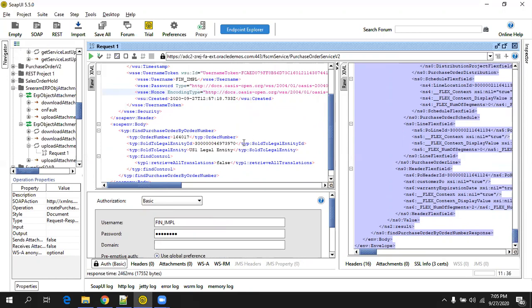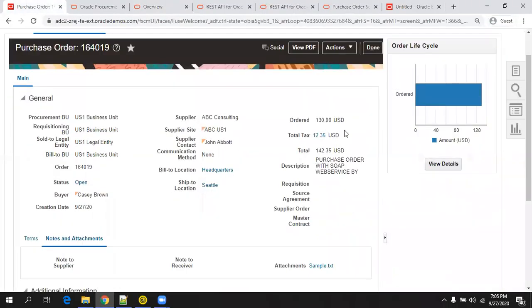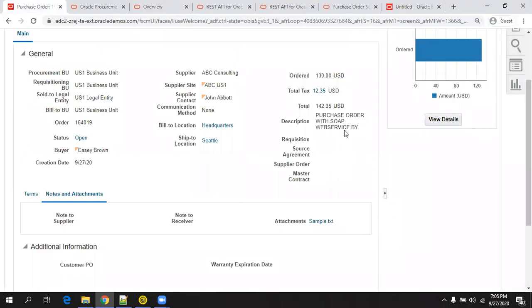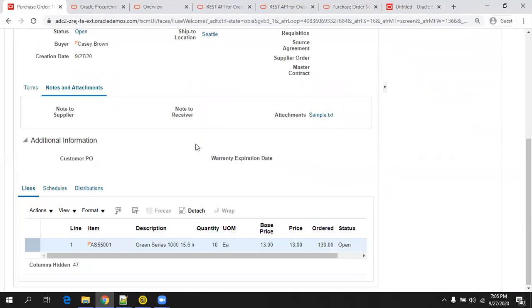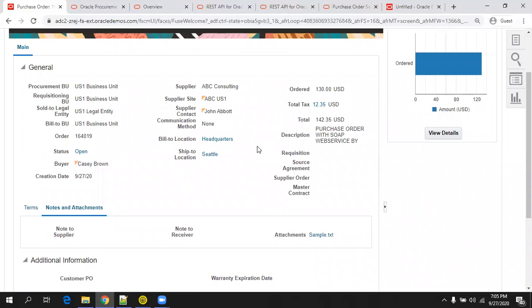If you are not aware of what kind of IDs it requires, one more important thing is, let us say if you observe the purchase order in the instance. To create any purchase order in the instance, you require some set of IDs like BU ID, supplier ID, supplier site ID, some kind of dates, line ID and line information, ship to location ID. So some set of IDs you require.